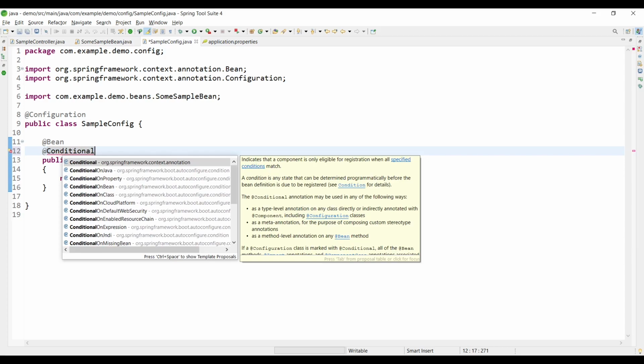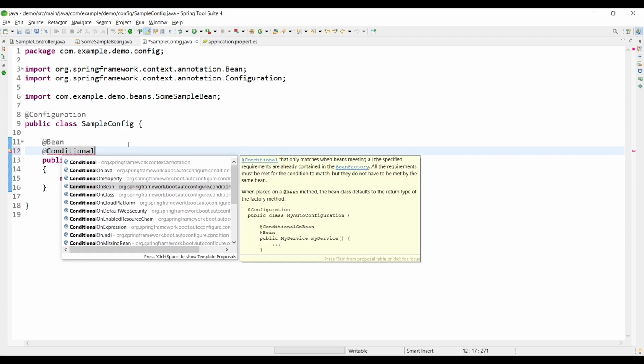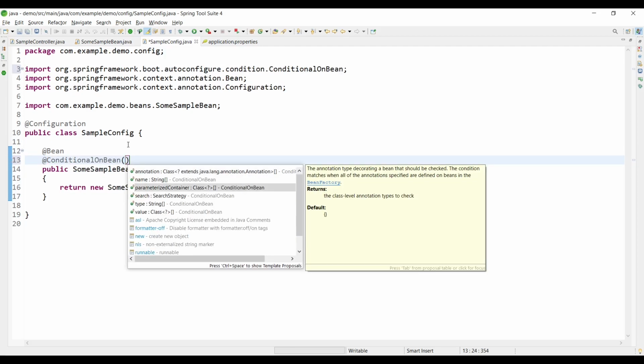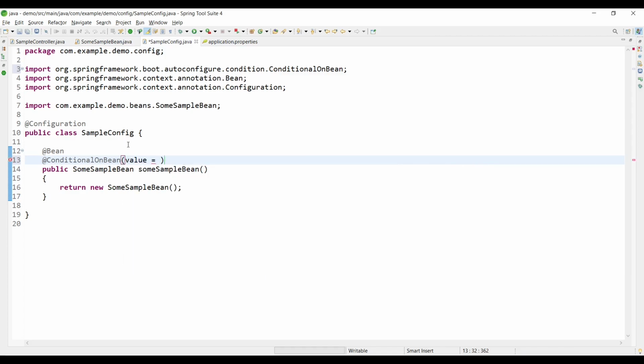I'll be quickly discussing some of them. ConditionalOnBean basically checks if that particular bean exists or not. You can type out any bean that you want. So here you can type out that particular bean.